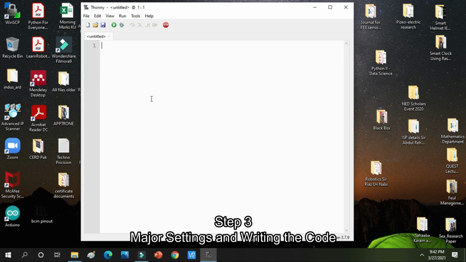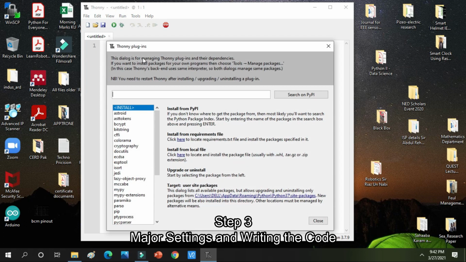So after opening the Thonny IDLE, I will go towards the tools option. We have to move in the tools option, and in the tools option we will go towards manage plugins, and after clicking on manage plugins you can see there is a window, and in this window I am writing ESP tools.